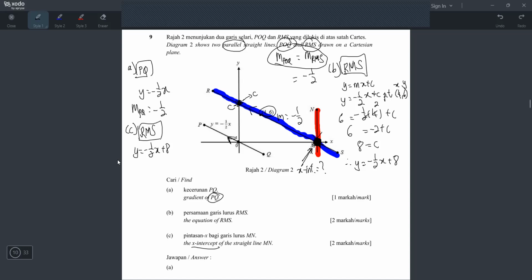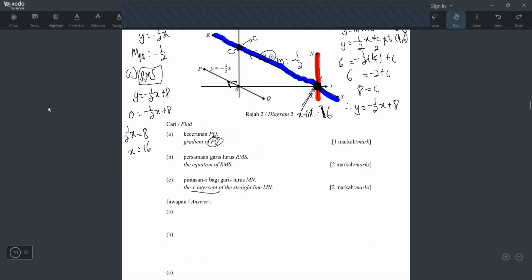Saya sudah tadi equation tadi, and then saya ganti y sama dengan 0. So saya buat macam ni, saya akan dapat x-intercept. So negatif hantar jadi positif, sini 8, 8 darab 2 dapat 16. So rupa-rupanya sini 16. Alright. Tapi ini jawapan ke? Yes, ini jawapan. Sebab ini adalah x-intercept for RS. But sir, dia mau x-intercept of MN lah. Okay, saya sudah cakap. X-intercept for MN and x-intercept of RS is the same. They have the same x-intercept.